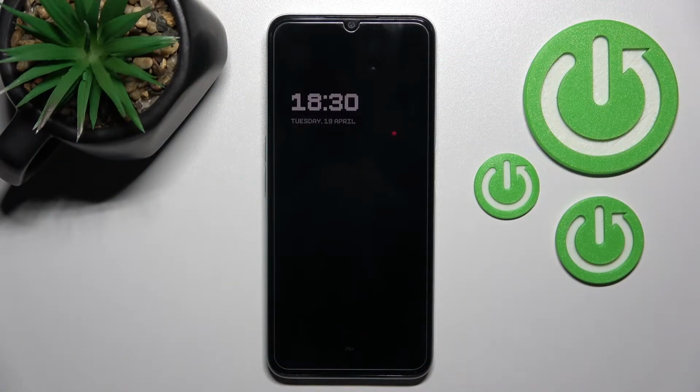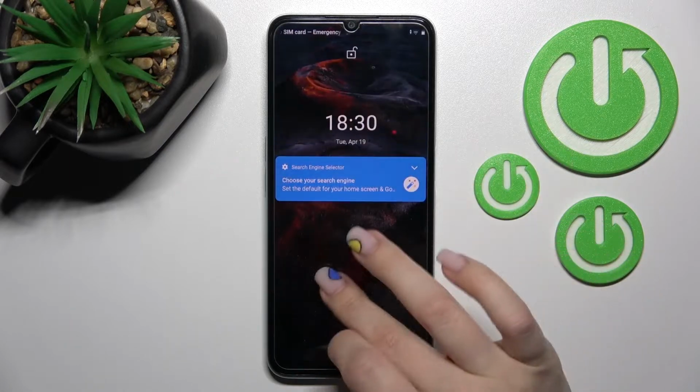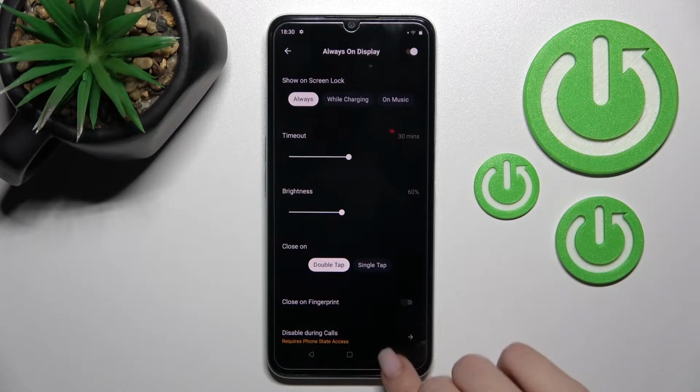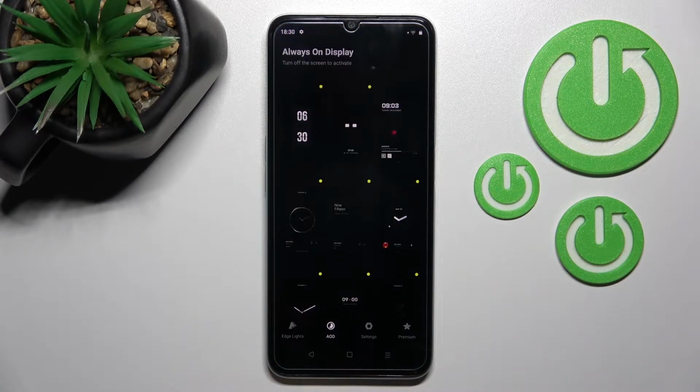Welcome, today in front of me is the REALME C35, and I'll show you how to customize the always on display feature on this device. So we'll use the Movies Edge application here, because unfortunately the AoD